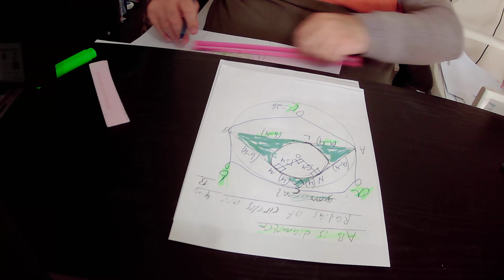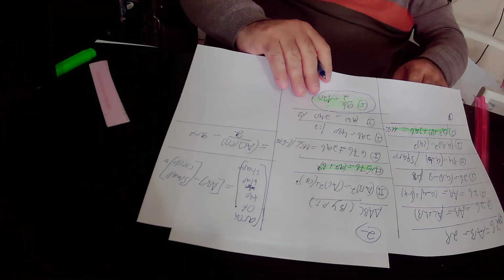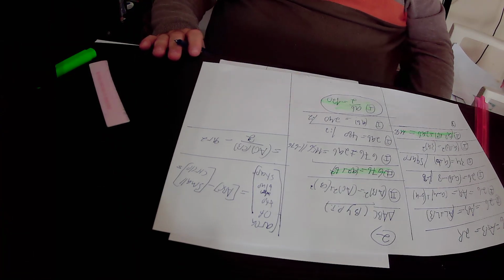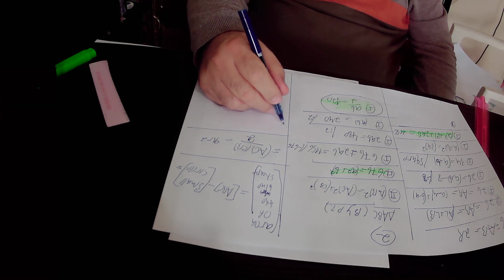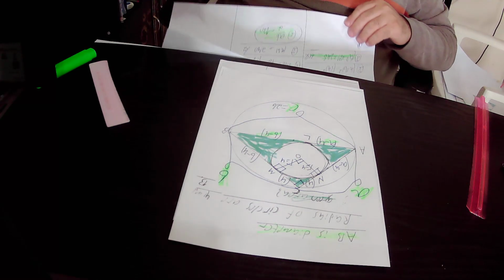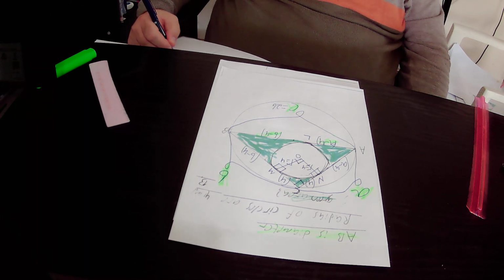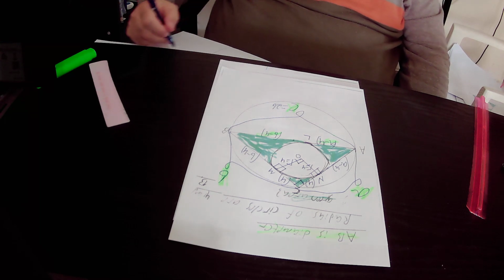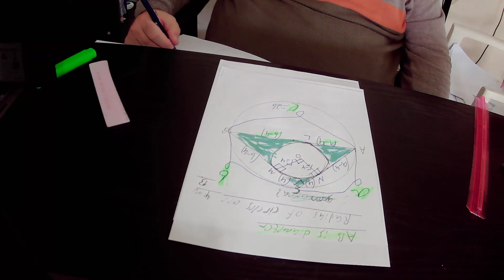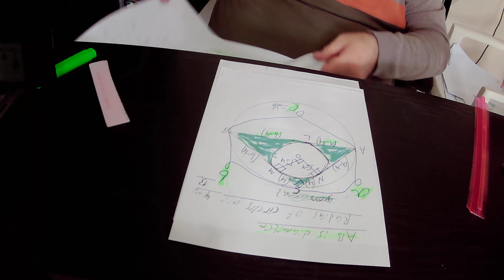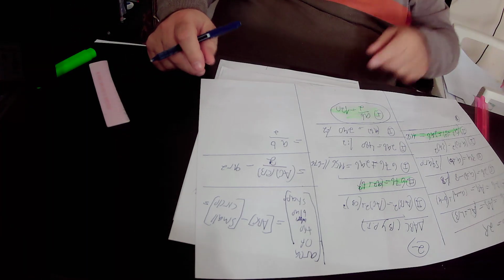So in conclusion, we found out that the area of the blue shape equals the area of triangle ABC, that is AC times CB over 2, minus the area of the small circle, that is pi r squared. So it is actually equal to AC, which is A according to our definition, times CB, which is B according to our definition, over 2. So the area of triangle ABC equals A times B over 2 minus